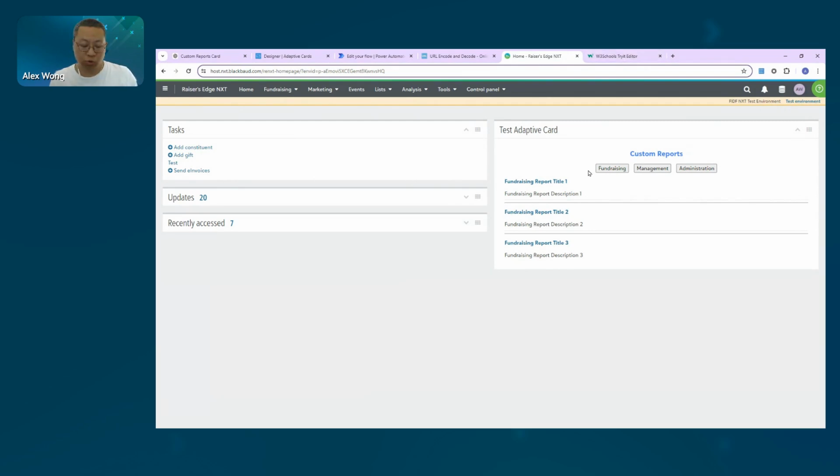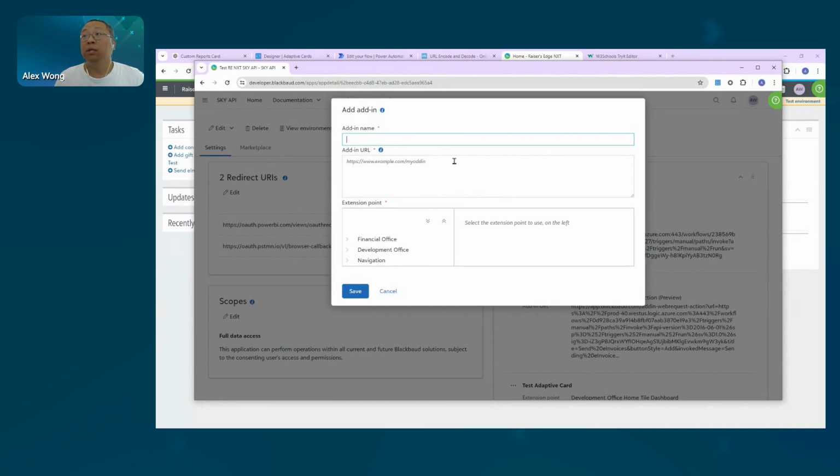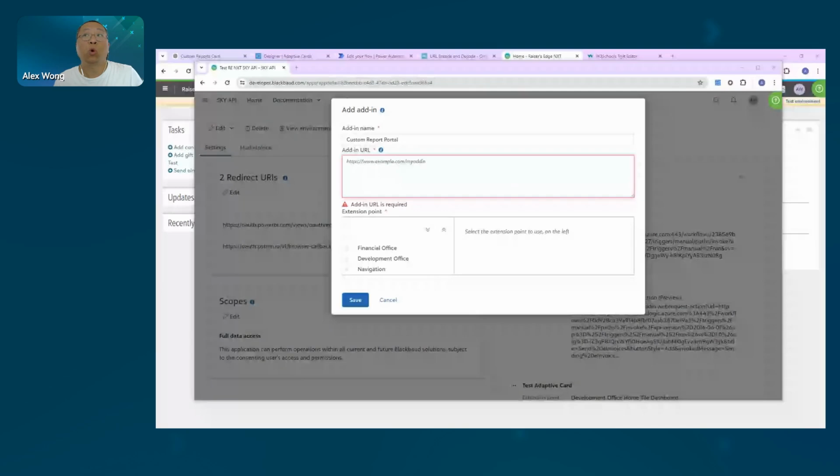So we're coming back to our add-ins. We need to do another add-in. And here this is just the name, which actually doesn't matter that much now. So we're going to call it custom report portal. Okay, here the add-in will require a little special configuration. Again, developer.blackbaud.com has all this information. So it does require a little bit of reading, but hopefully my demo here helps guide you through